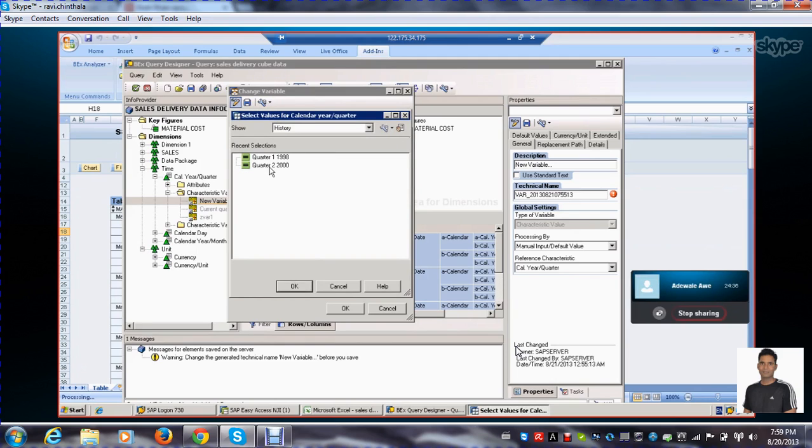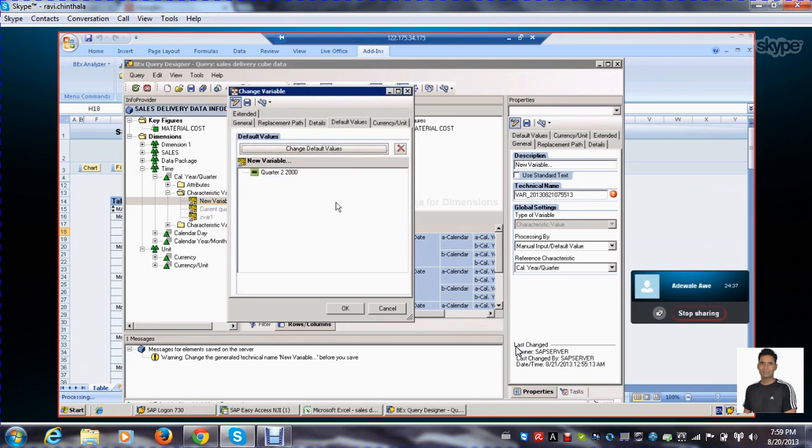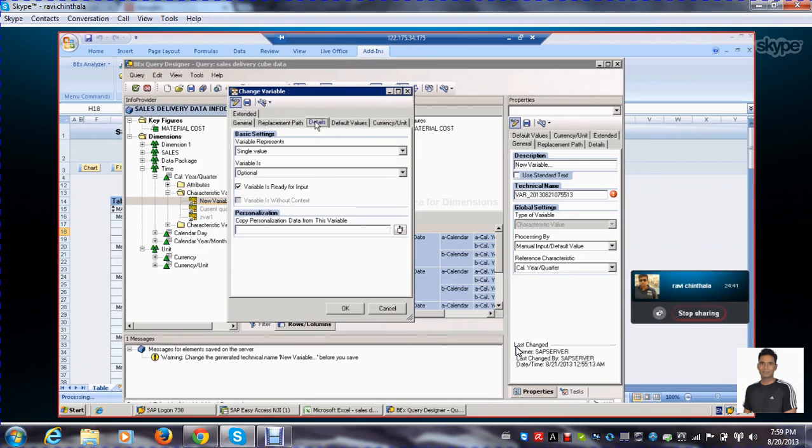So here you can take a default value. You can assign Q2 2000, and here you can see it still is optional. I am not giving the default value or initial value not allowed. I am keeping it optional. So you have to check the variable is ready for input. What is it about, if the variable is ready for input? If you check the variable is ready for input,